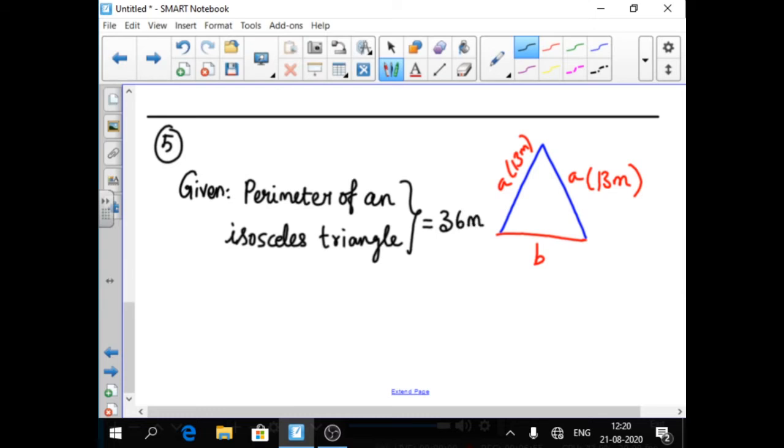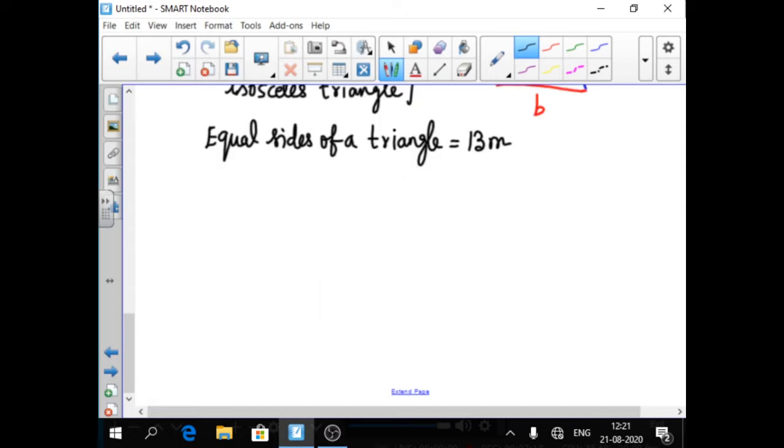Okay, then equal sides of a triangle is equal to 13 meter. Okay, so we want to find the third side. The length of the third side is equal to